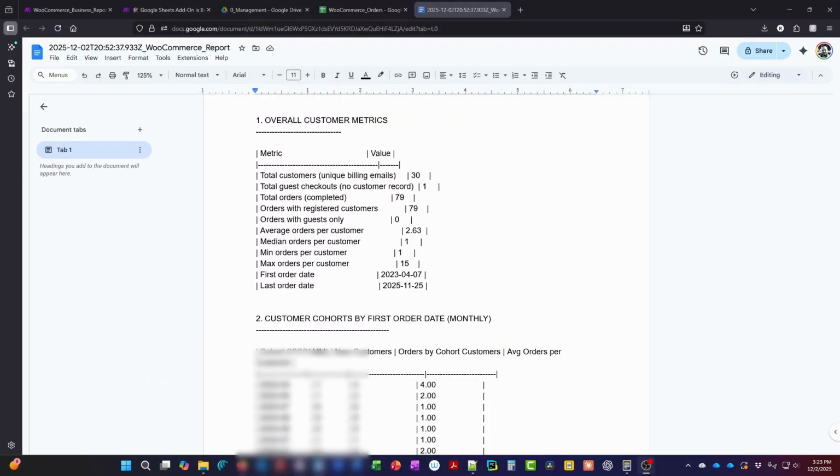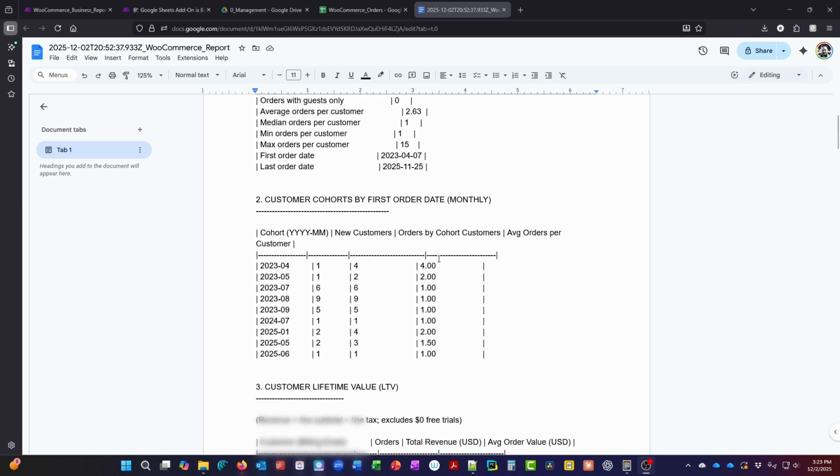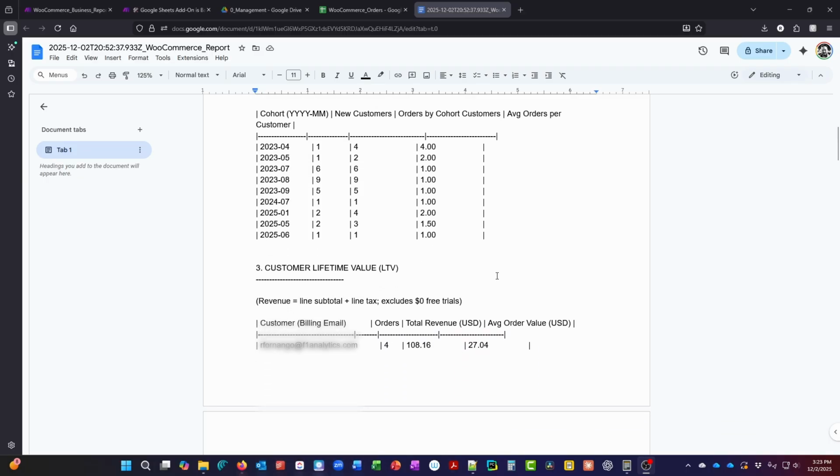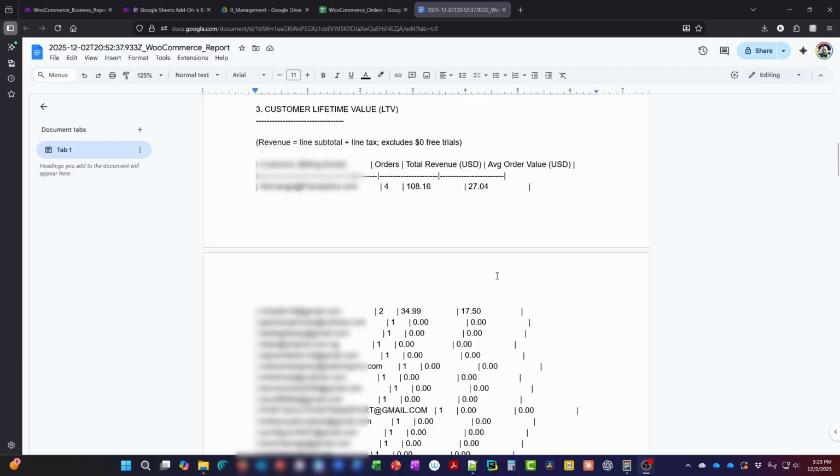All right, here's what the final report looks like. At the top, we have overview metrics, and I can see at a glance that I had 30 customers and 79 orders with an average of 2.63 orders per customer. Next, I get a breakdown of customer cohorts by month of initial purchase and average orders per customer. Below that, I get customer lifetime value with total number of orders, total revenue, this is the lifetime value metric,